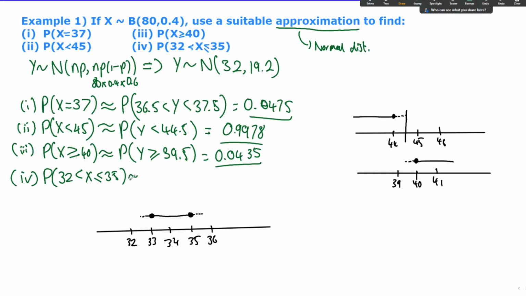So again, it's common notation to keep the symbols the same. So it'll still be a greater than, and still be a greater than or equal to, just with our new bounds. And if you put that in, you will get